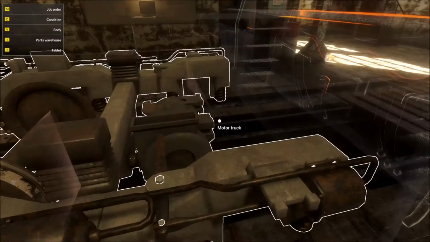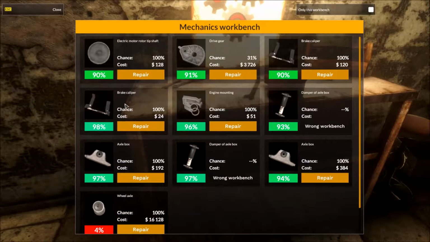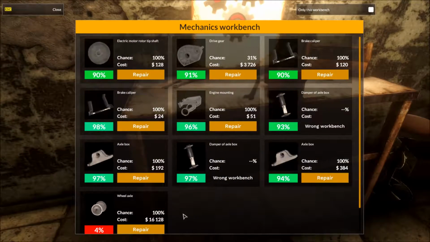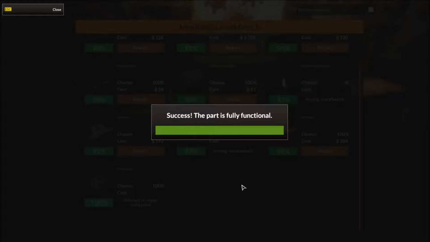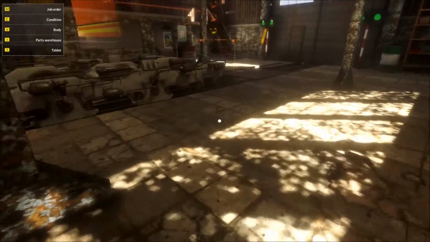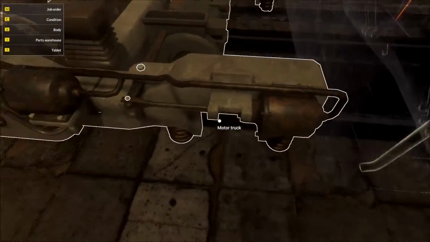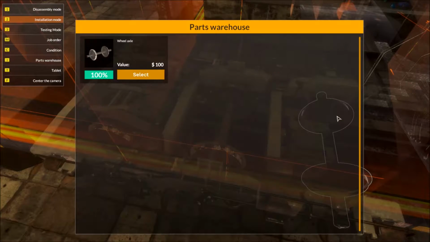Right, off comes the wheel axle, which needs repairing at the mechanics bench, which is a 100% chance. And like I say, I did a little bit of a mini playthrough. I never got this far, so this is all new to me. I never got this far on the last one because I did like 2 trains, and then I thought,